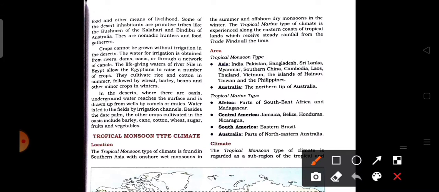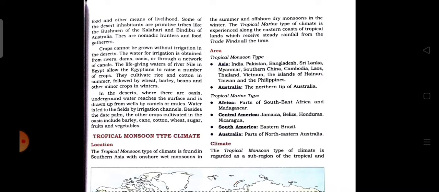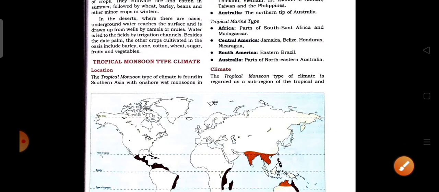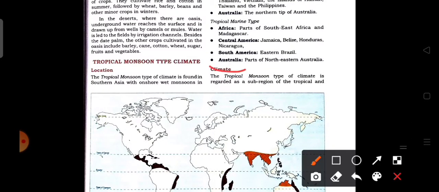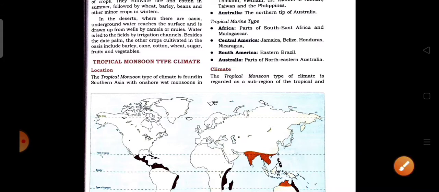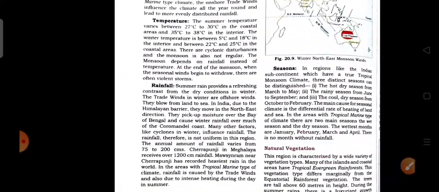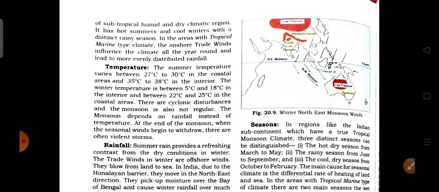In South America, eastern Brazil, and in Australia, the part of northeastern Australia. Now the climate, which type of climate is prevalent in this type of region? The tropical monsoon type of climate is regarded as the sub-region of the tropical and subtropical humid and dry climatic region. It has hot summer and cold winter with a distinct rainfall, and